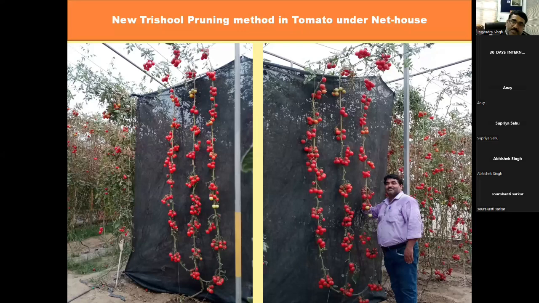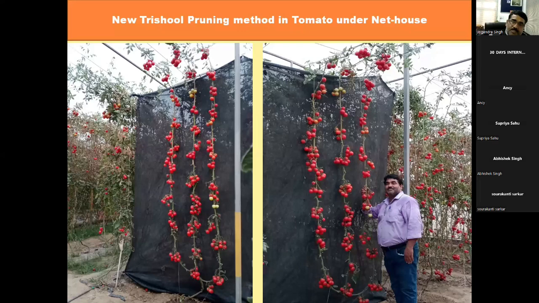This cherry tomato is nematode tolerant, which is a beauty. It sells at a high price, more than 100 rupees per kg at the farm gate, and if you sell in the Indian market, Bangalore market and malls, you get 400 per kg. So this is a high-value vegetable under protected cultivation technology. Pusa Cherry 1 is more important.